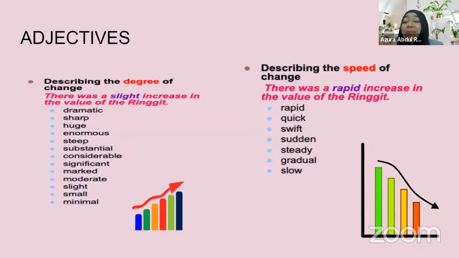Now, if you want to talk about the speed of change, so when there is a time frame there, okay, there's year, there's months, there's days, there's even maybe time from 12 p.m. to 5 p.m. if they have indicated that, then you can also describe the speed of the change. So it could be rapid, it could be quick, swift, sudden. But when we get to the next one, steady, gradual, slow, you see there's a difference? Okay, so there was a rapid increase in the value of the ringgit from the first quarter of 2020, for example, from